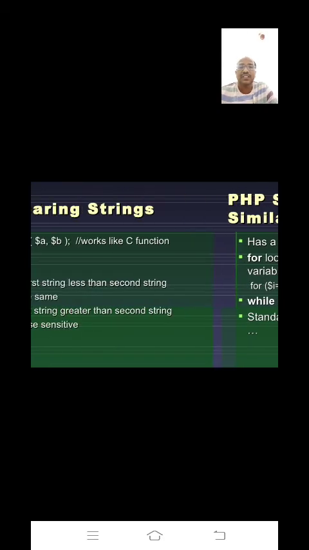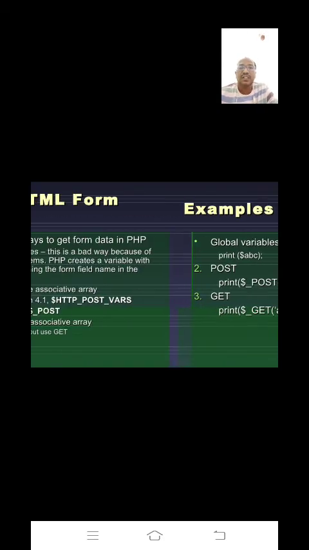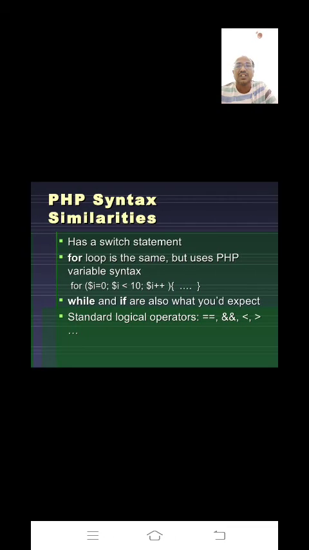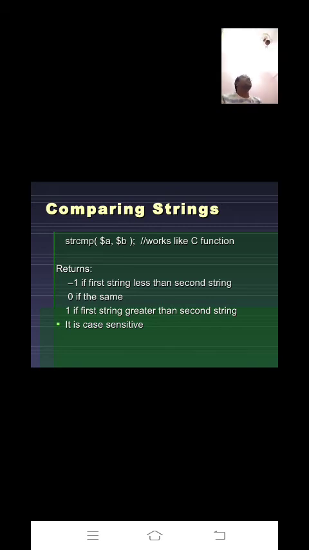This is the sixth string function, strcmp. So how many string functions are completed in total? One is strlen, trim, strtoupper, strtolower, substr, strcmp. These are some of the string handling functions, right?